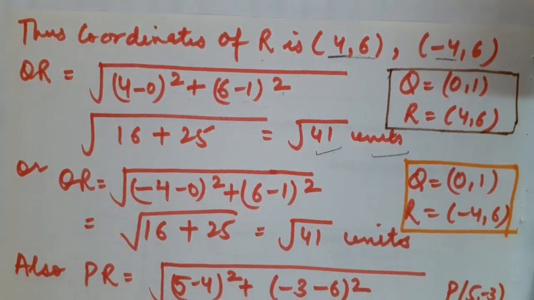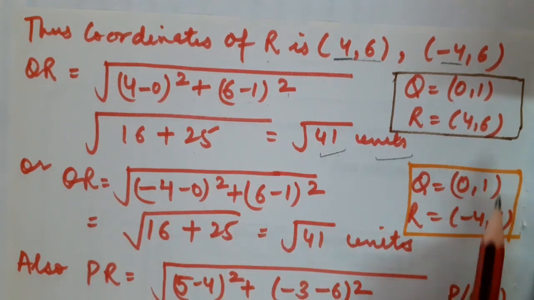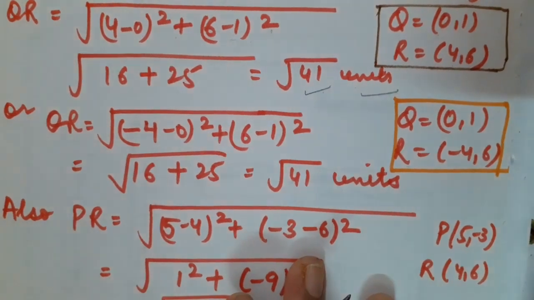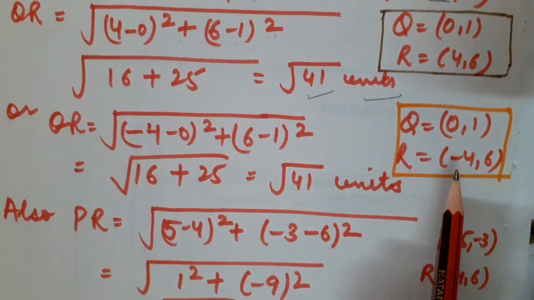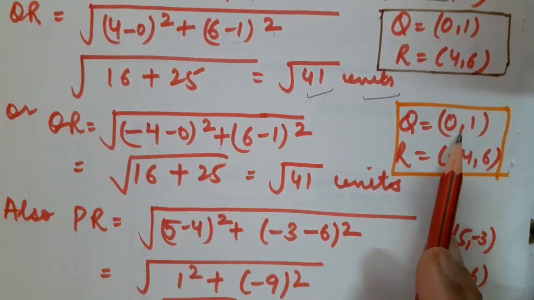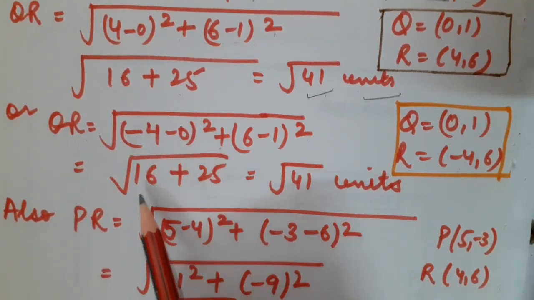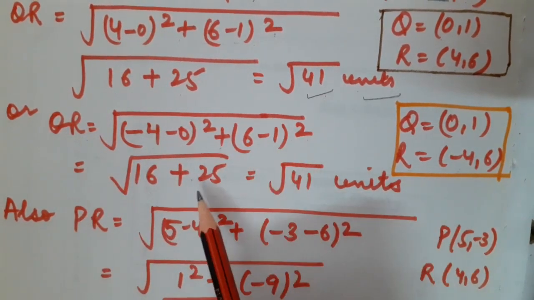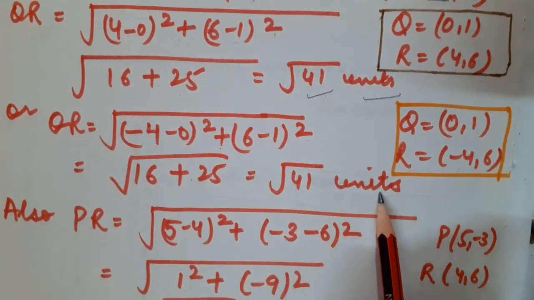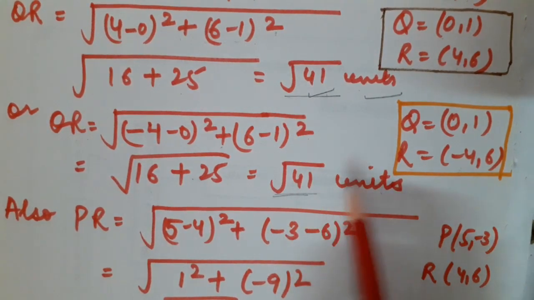Root 41 units. Now again I am going to calculate the QR distance, but instead of 4 I will be taking minus 4. Why? Because two values of x we have calculated. Correct, students? Now apply the distance formula. Minus 4 minus 0 whole square plus 6 minus 1 whole square, whole under root. Minus 4 square is 16 plus 5 square is 25, again whole under root, that is root 41 units. Children, have you observed one thing, that the distance of QR is the same,